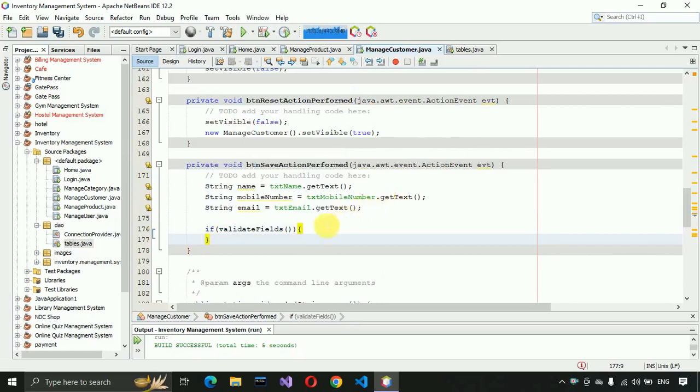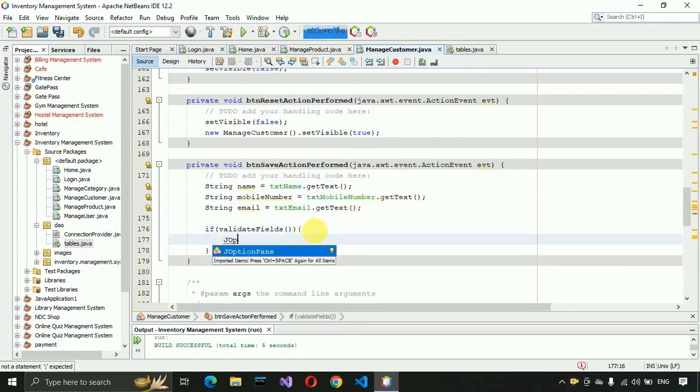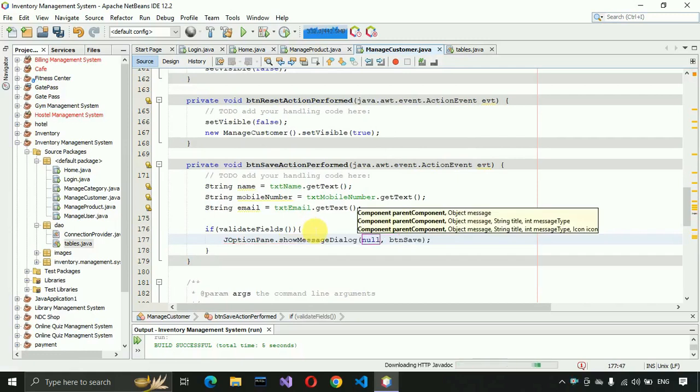Okay, and here we have to just write JOptionPane.showMessageDialog null, and here we just need to write here all fields are